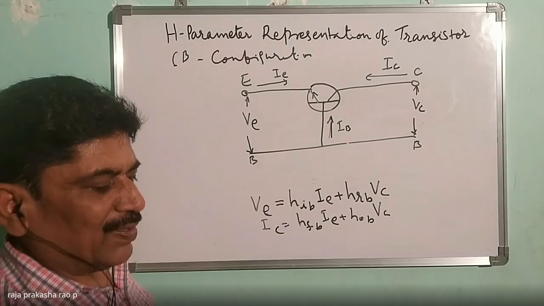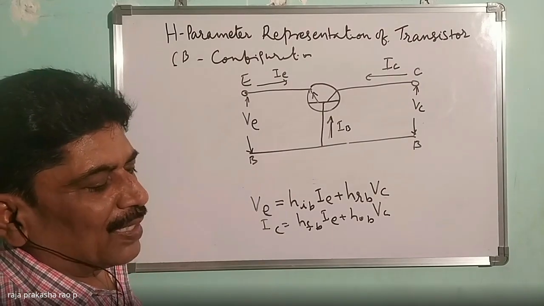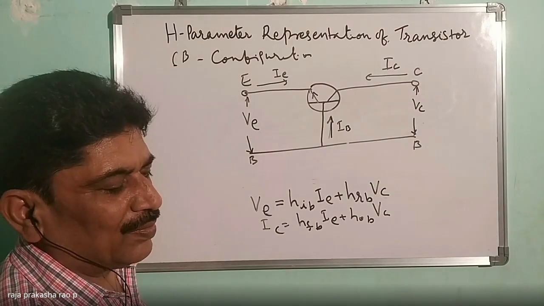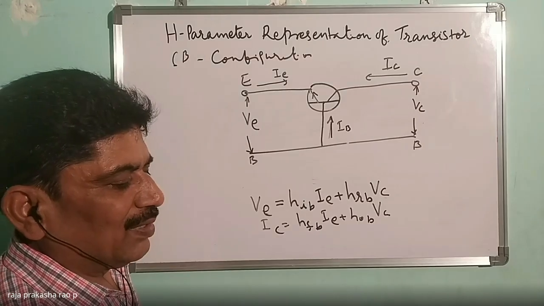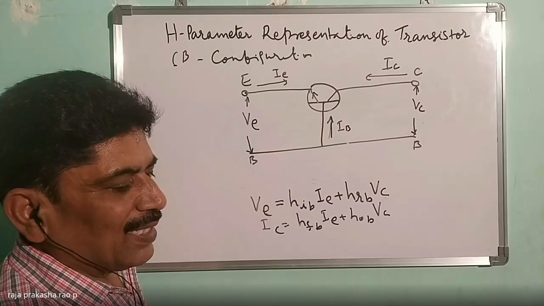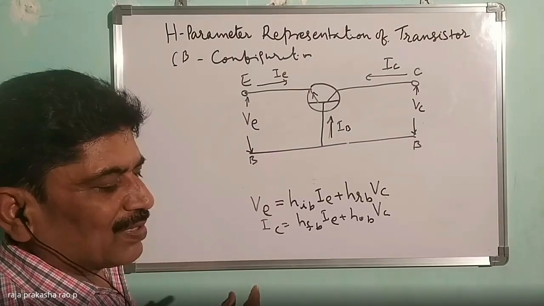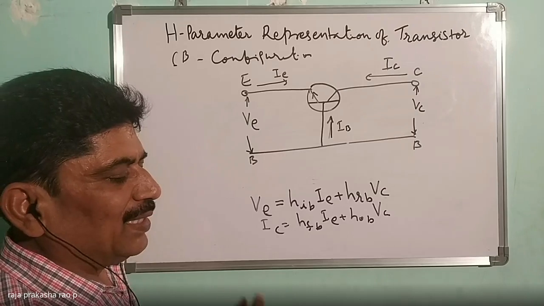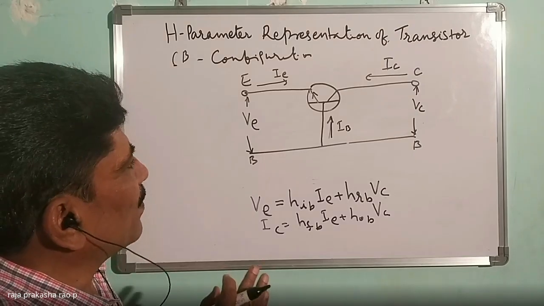Equations over. So what is the next step now? Can you draw the diagram on your own? Yes, sir. Okay. If you have followed the previous diagram, you just replace those suffixes by B. Then you will get the diagram.